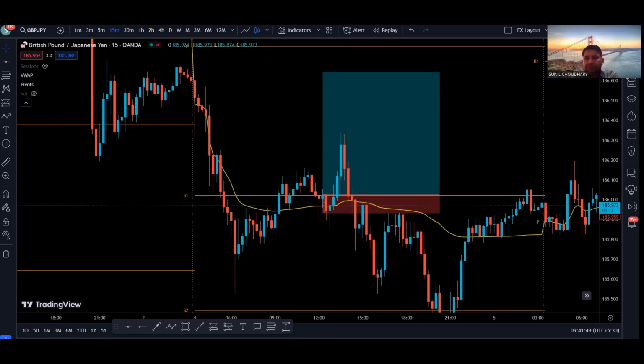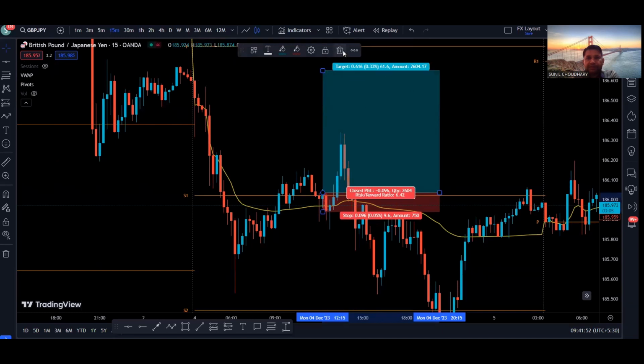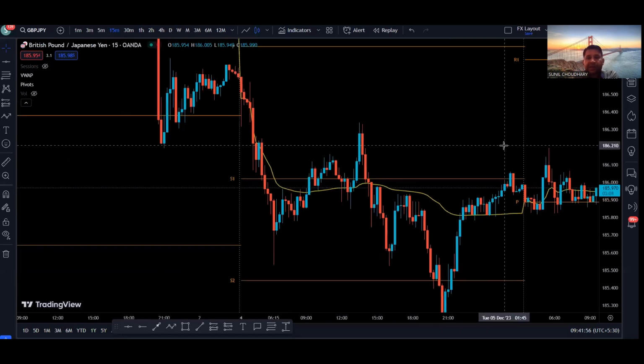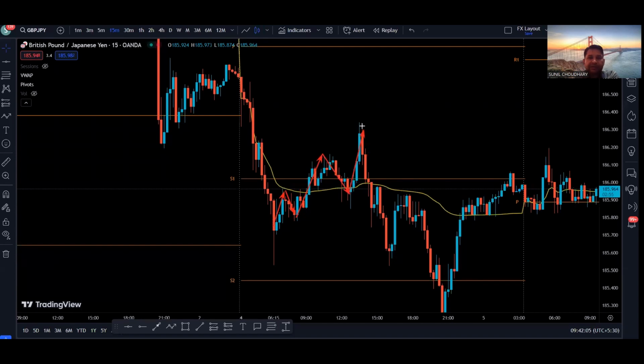Then I took one more trade, and I will explain why. We know that on the GJ yesterday, the main bias was bearish. As we could see, we were making this pullback to the upside, making higher highs and higher lows. Then we broke this market structure to the downside. We broke this low, created a new low, and then I waited for the price to come to the VWAP, rejection of the VWAP, and finally, here as we can see,